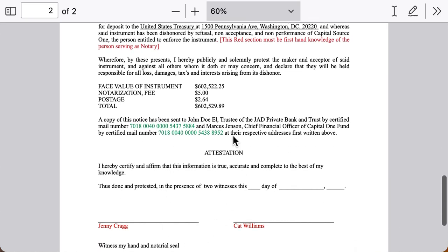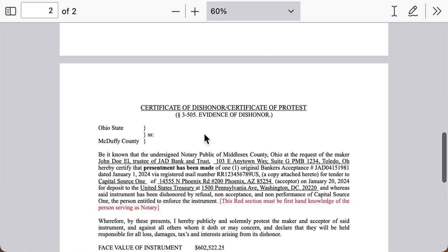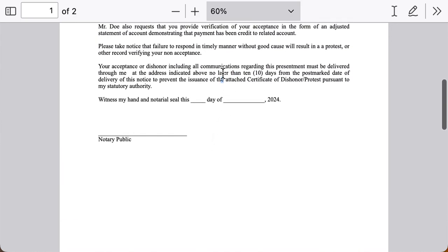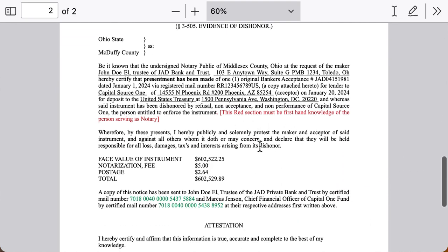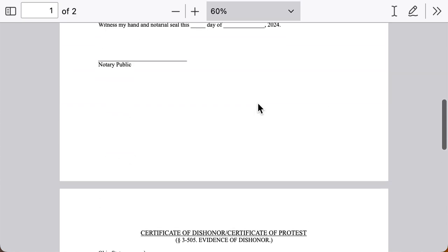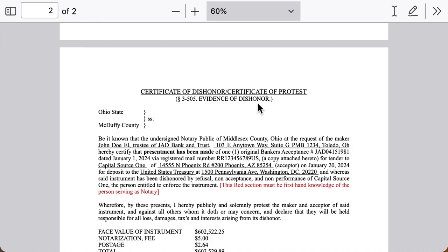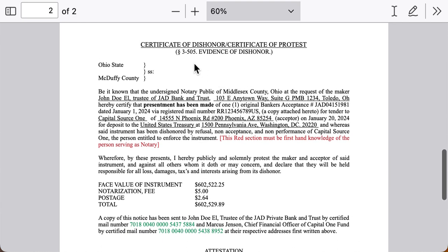It's definitely not executed and signed, because the certificate gets issued only after the default occurs, right? So you don't want to make threats, but it's kind of like, hey, this is what's going to happen. You're going to get the same instrument, but it's going to be all inked up and stamped and executed, and it's going to serve as evidence. So that's the cover letter. And let's say that happens, and then there's dishonor. So let's go through the certificate.